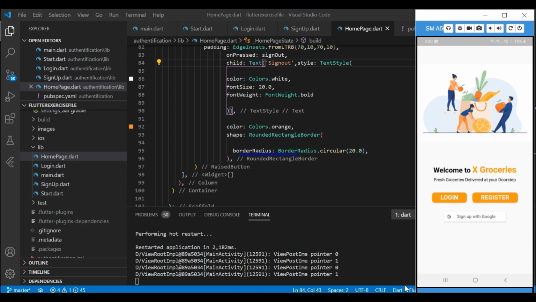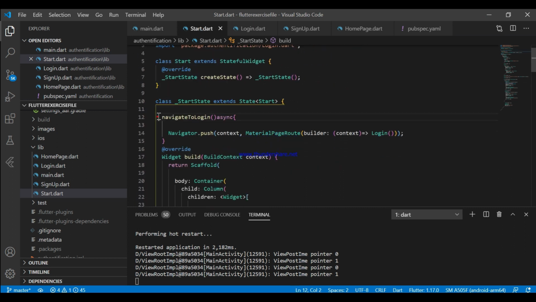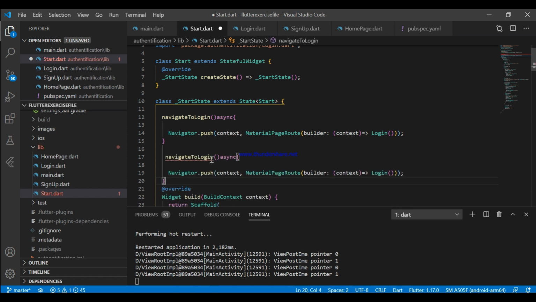Now it's time to run our app. We need this part again for the register button. Log in, navigate to register and sign up page.